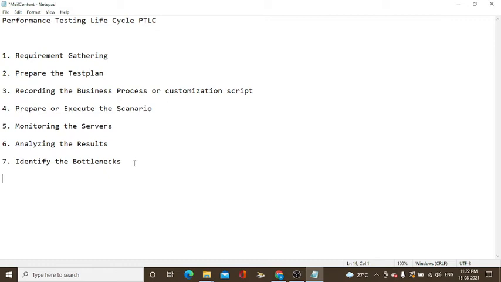This is based on the business flows, how many scripts are available, load generators, test data available, and how long the test will run. Normally 1 hour is executed for any performance testing. That is executing the scenario.